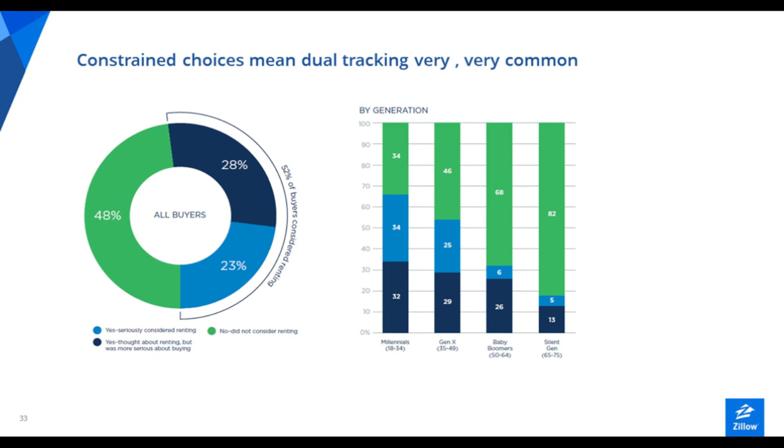Okay. Now, constrained inventory in the for sale market means I'm dual tracking all the time, right? If your listing is on Zillow, the people who are looking at your listings are not just looking for rentals, they're looking at for sale homes as well. People who are looking at for sale homes are also looking at your listings. So this graph, what this means is when I ask all buyers, and these are actually buyers that are not just on Zillow, but buyers in general. This is from a large national consumer survey that we pay to have done. Basically, it says that 52% of buyers at any given time are also...